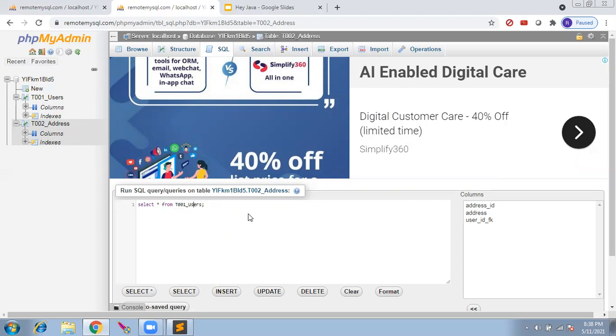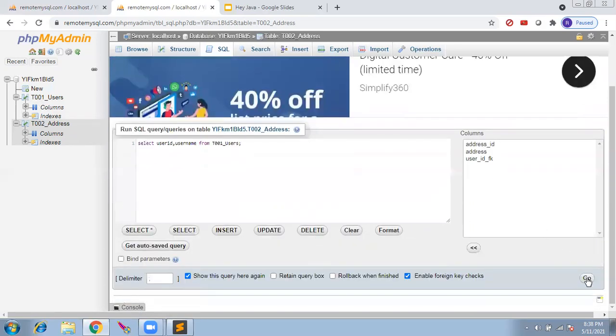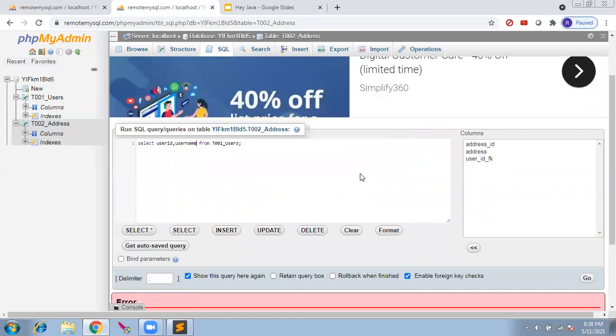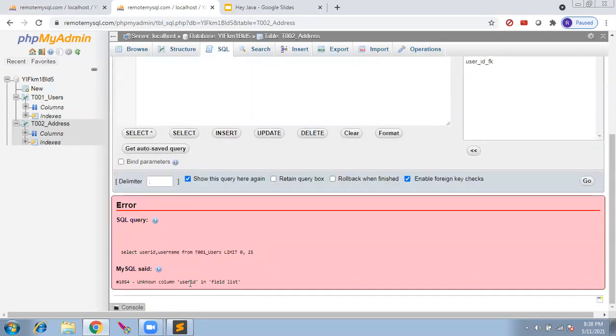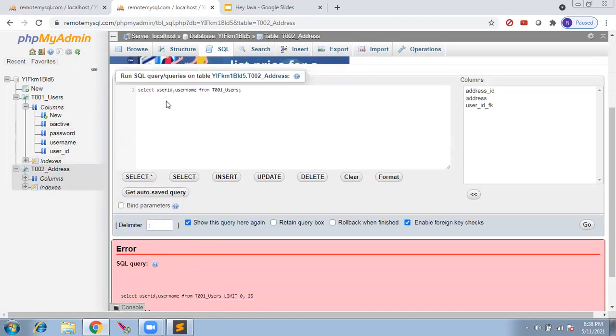Instead of star, which gives all the columns, I want to display only user ID, comma, username from the user table. If I run this query, I get an error, unknown column user ID, because it must be user underscore ID. So I'll change this.